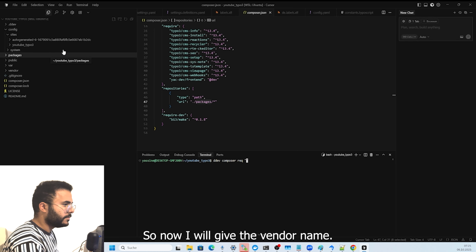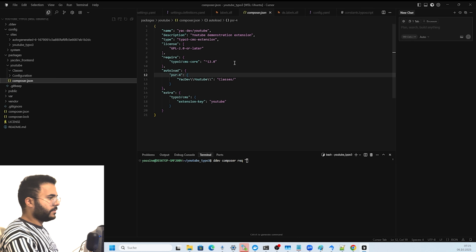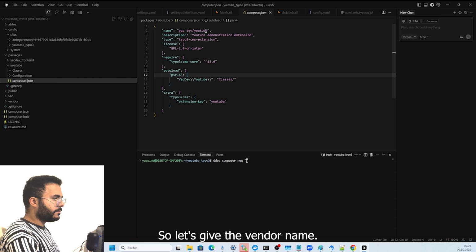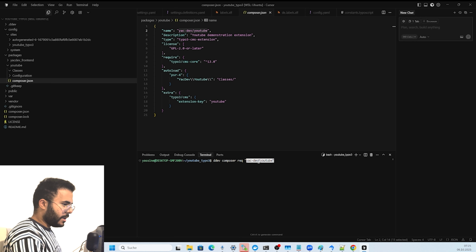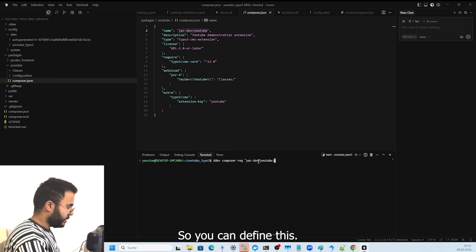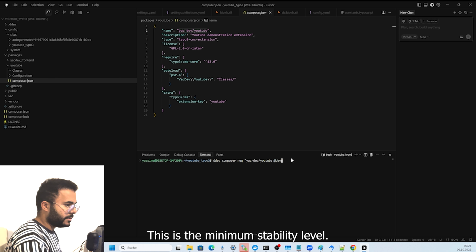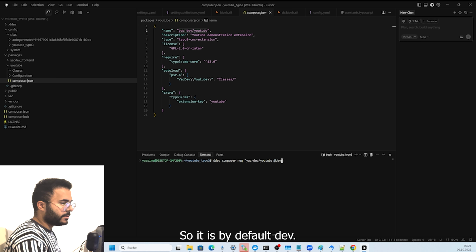So now I will give the vendor name. Let's give the vendor name, and that's this one here, and this stability level. You can define this. This is the minimum stability level, so it is by default dev. So always do something like this. And then when I run this,